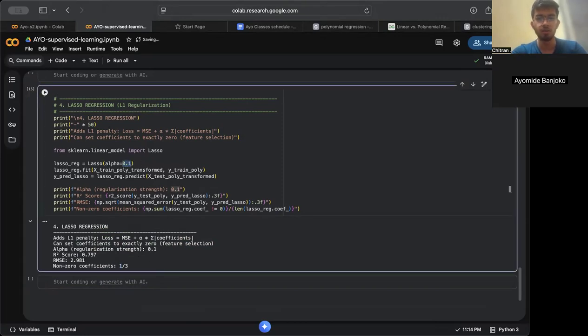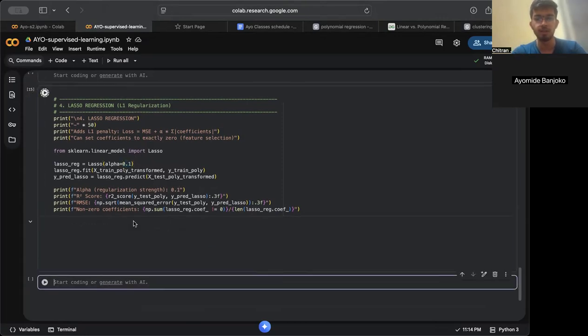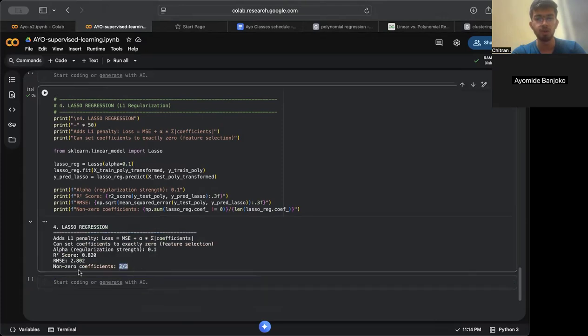Earlier, when it was less, only one was zero and two were non-zero. That means if you increase this alpha, more coefficients will become exactly zero, right? If I make it high, like 3, earlier one was 0, now I have increased this, now